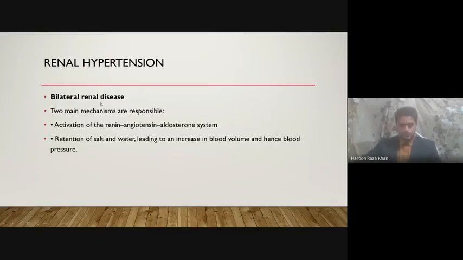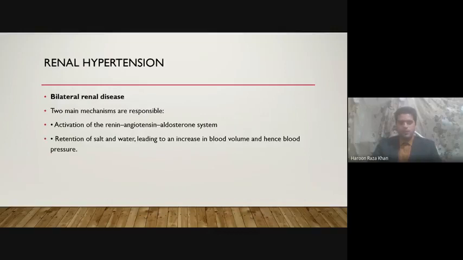So that is just an overview of what is renal hypertension. What we are interested in is its effect on the bilateral renal disease. So let us talk about this bilateral renal disease. This hypertension actually complicates this disease. Examples could be chronic glomerulonephritis, reflux nephropathy, or analgesic nephropathy. So the mechanisms responsible for this are